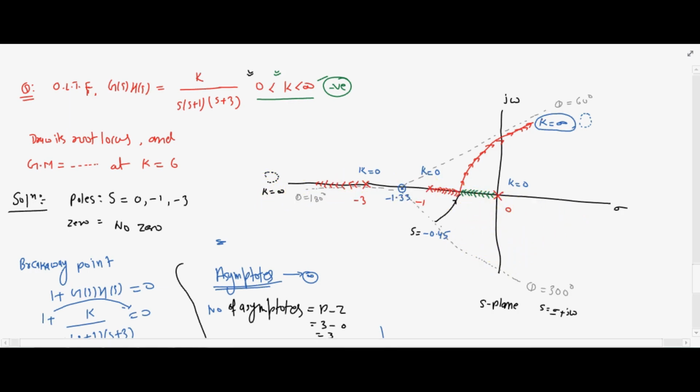सिमिलरली the green branch, this branch is started and goes like this, and parallel to this axis and come like this here, like this and goes parallel. इसको हम पैरेलली ड्रॉ करेंगे और एक कहाँ पे टर्मिनेट होगा, वर्चुअल जीरो पे। वहाँ पे k की वैल्यू क्या होगी, इन्फिनिटी होगी।